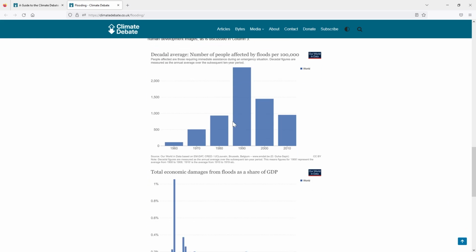But in claims such as that climate change will increase flooding, this turns out not to be quite such a safe claim, because, as the IPCC points out, flooding is actually quite a complicated phenomenon, and it's not the case that increased amounts of rainfall causes increased numbers of floods. Floods are often caused by things such as poor policy decisions, poor planning decisions, and the failure of civil infrastructure. So, as it turns out, we see fewer and fewer people over the last few decades experiencing flooding. That's making the point that flooding is not a meteorological phenomenon as such.